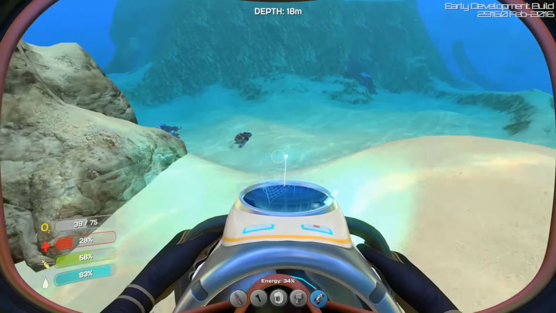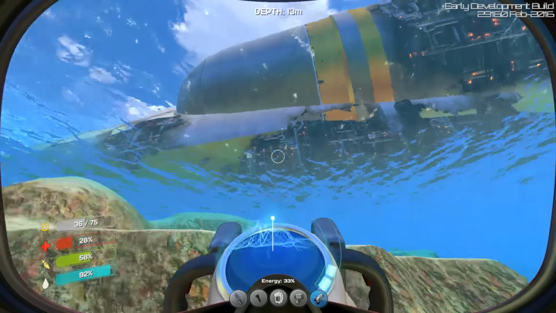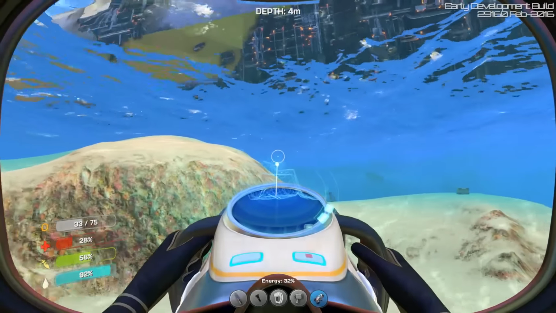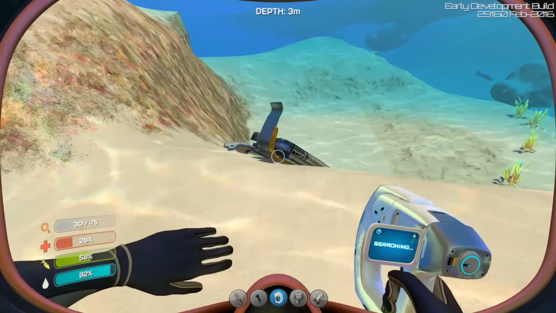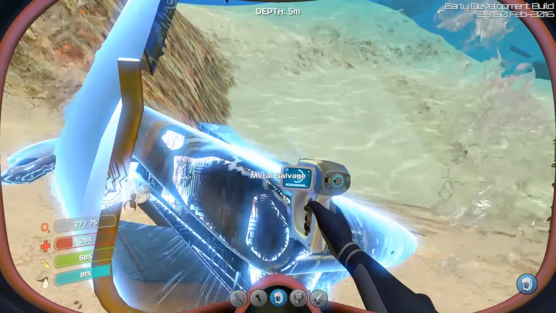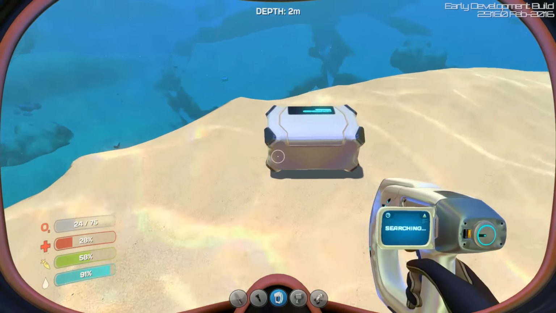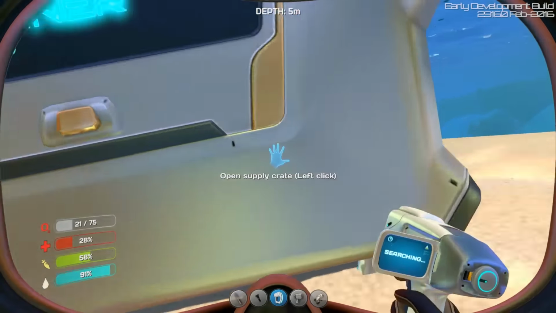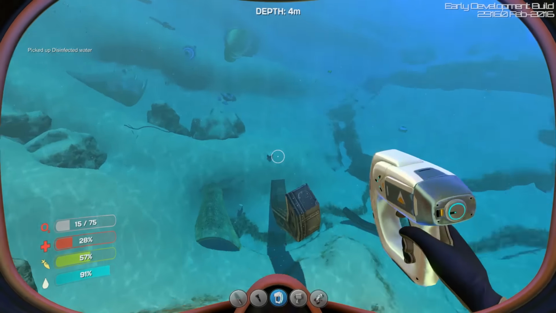Alright. Let's see. There's some more junk on the floor. That's fine. Not too bothered about the junk on the floor. I want to know... Is it a supply crate? What's this? Oh, it's just salvage. Okay. There's another supply crate. I'm hoping we can find some cool stuff. Some more disinfected water. I mean, I'm not going to say no to free disinfected...